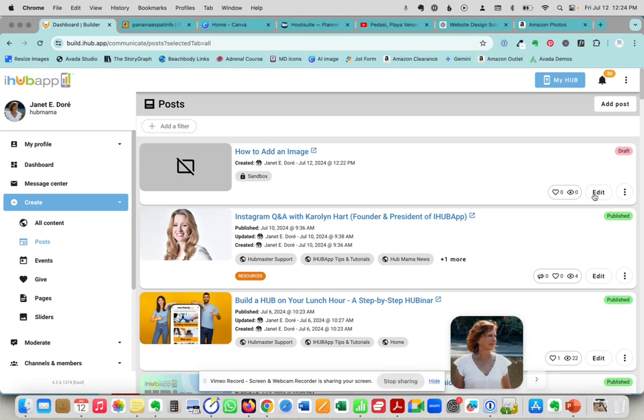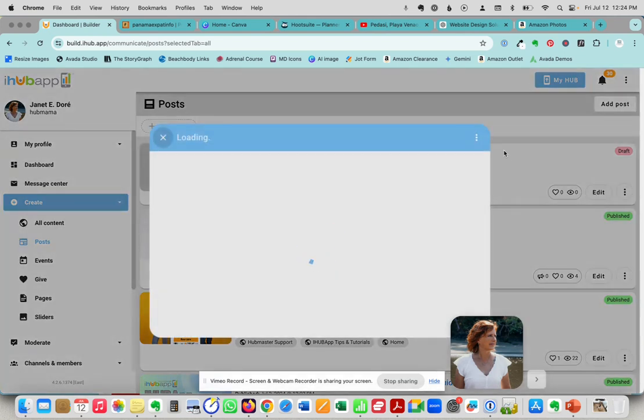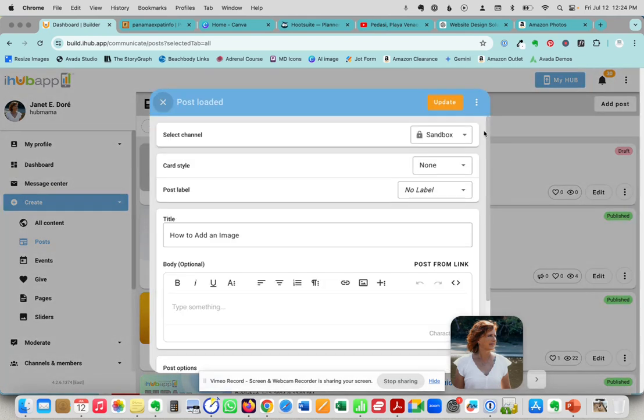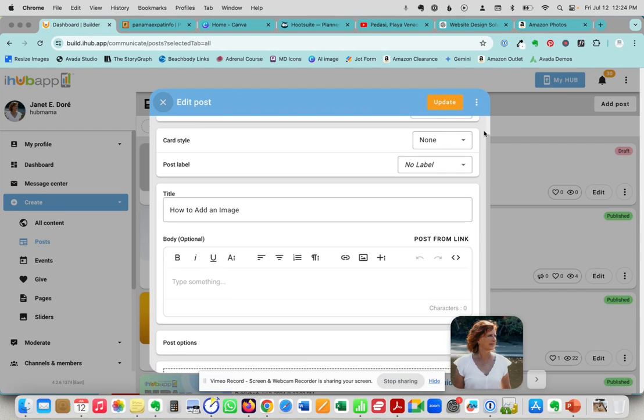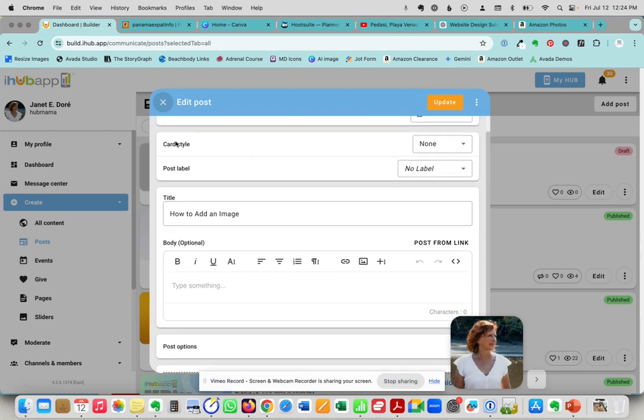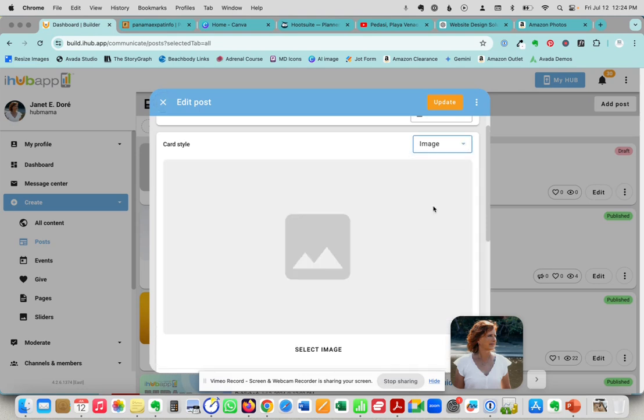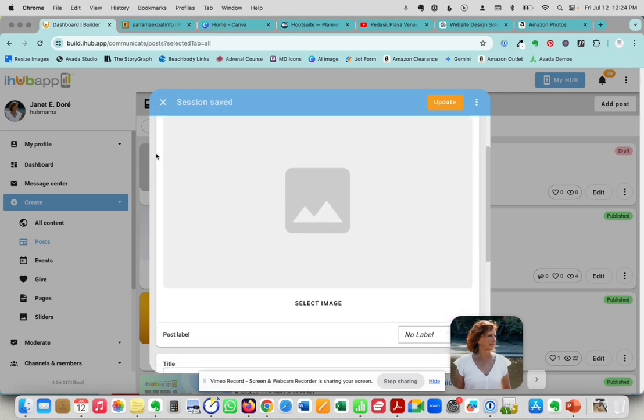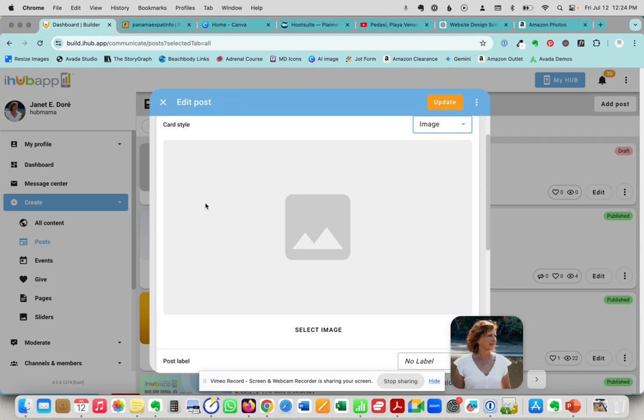So I'm going to go ahead and click on edit that, and this is going to open up the post creation area. So to add an image, you're going to click on the down arrow here for the card style, and you're going to click on image, and that's going to pop up this image box, and you're going to